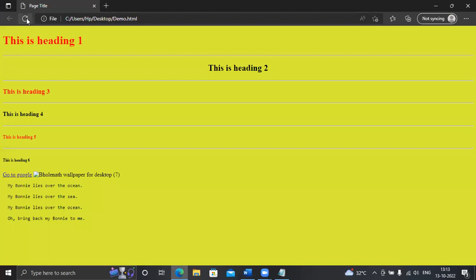Look, that text has moved to the center. Using the text align, you can change the position of your text, your images, or anything you want to move to another place.